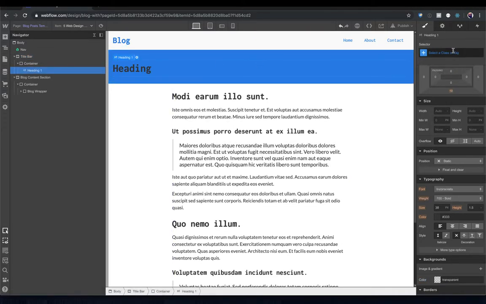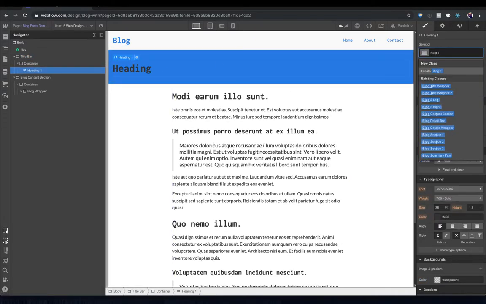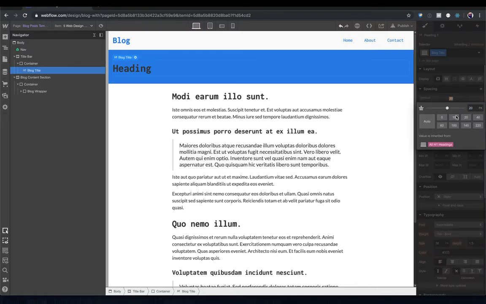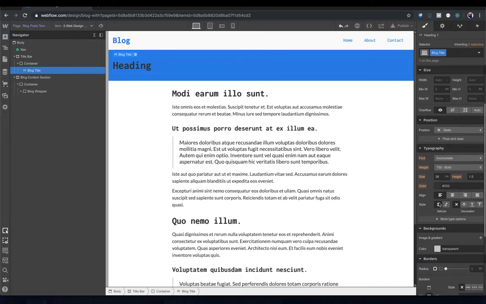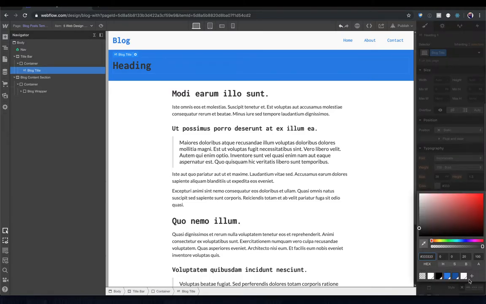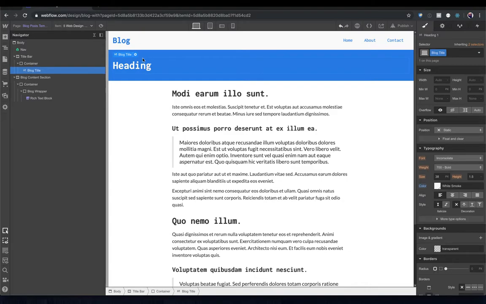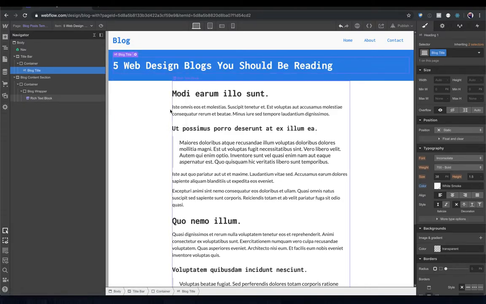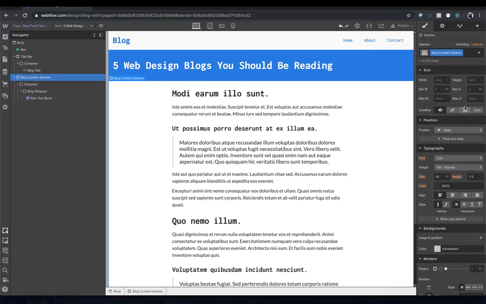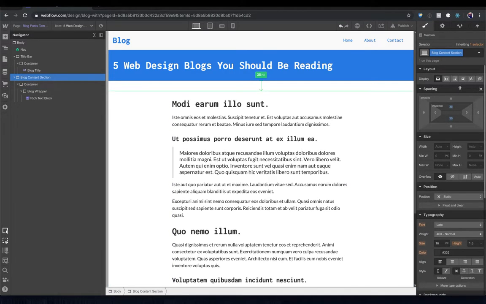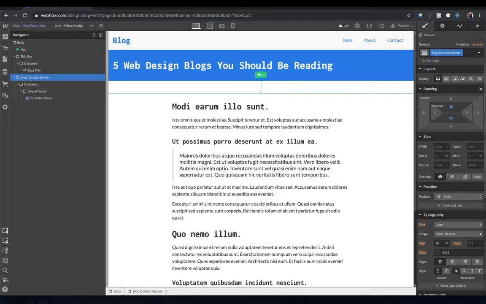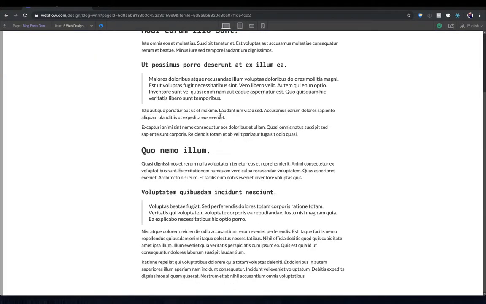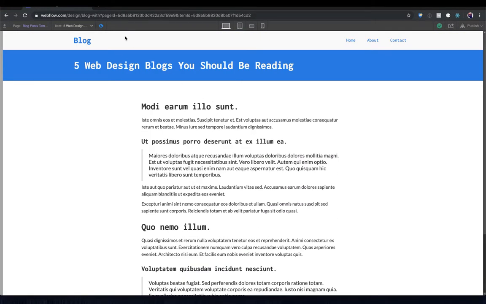And then on my heading, I'm just going to say blog title, give it a class. And I'm going to take this and make it match the bottom, so it's 10 on top, 10 on bottom. I can make the color of this right here. So then what I want to do is get this text from the name of the post. So there's the name of my post. My blog content section, I'm going to put some padding on this so it's not all run together. And so now, very quickly, I have a blog page, a detail page, where people can come and read my